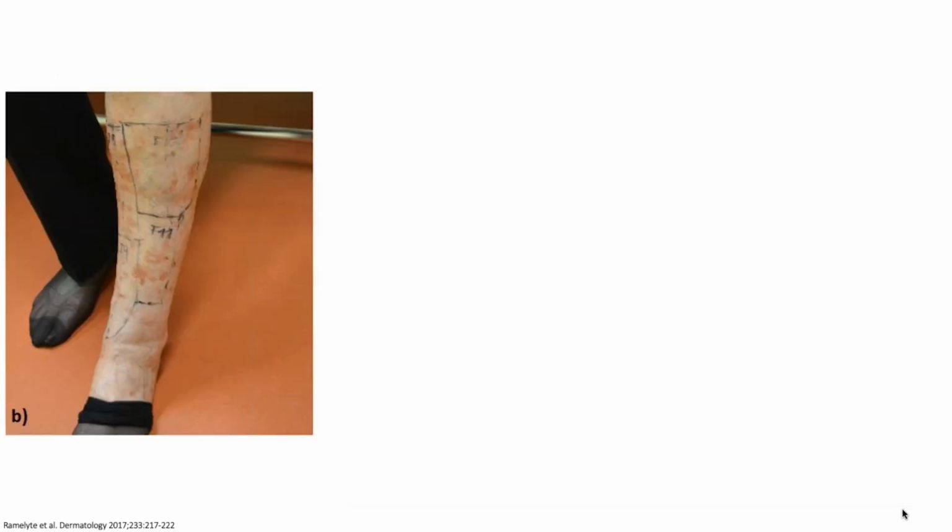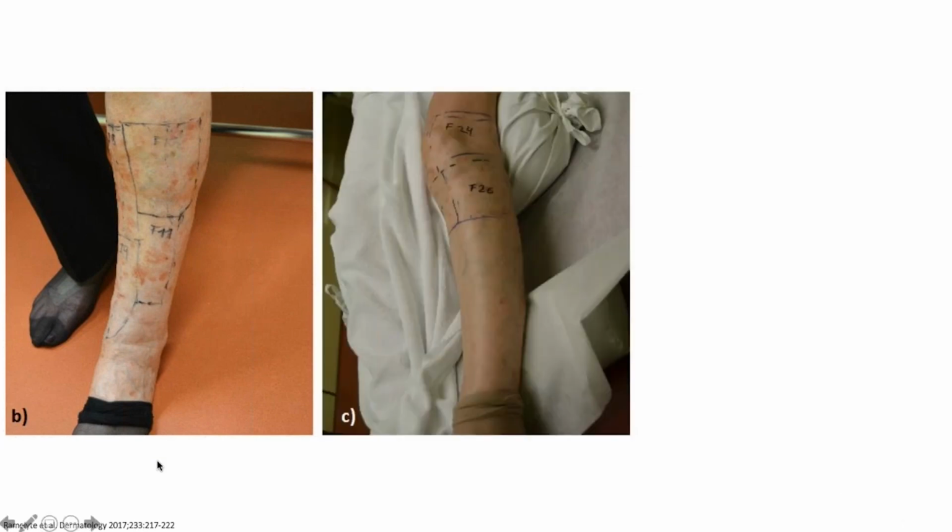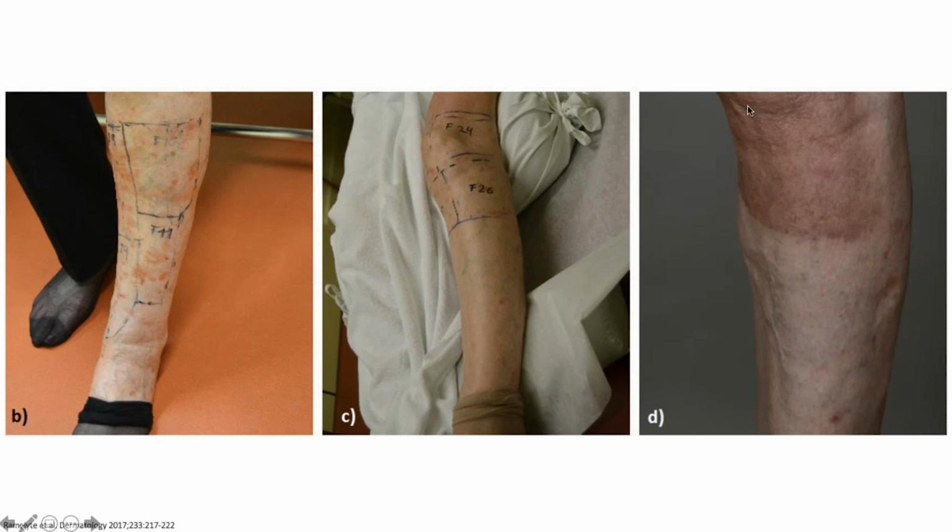Here I can show you an example of a patient that was treated for DSAP with Grenz radiotherapy. You can see the marked fields on the lower left leg of a patient, and this is already after treatment. You can see that there are only very few lesions left that disappeared later during follow-up, and here we can see we irradiated another site, and here you can also appreciate the post-radiotherapy